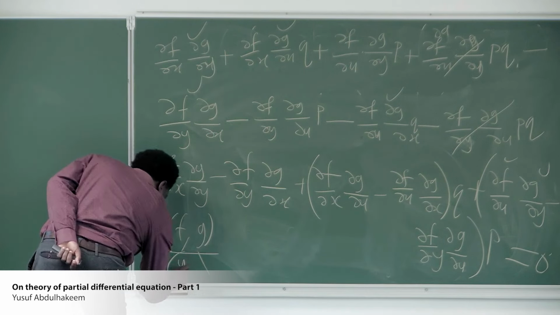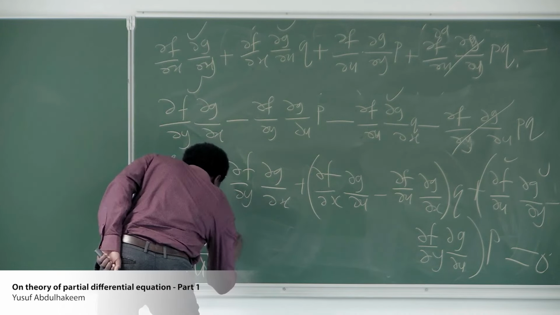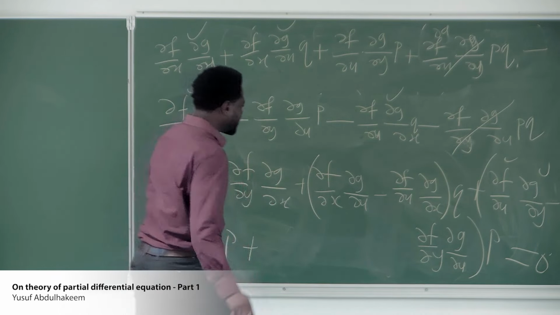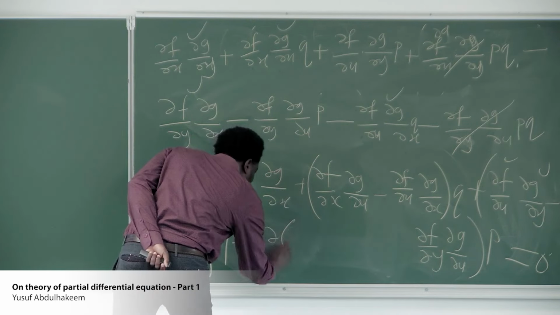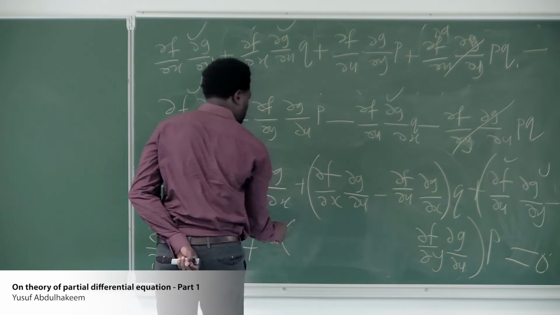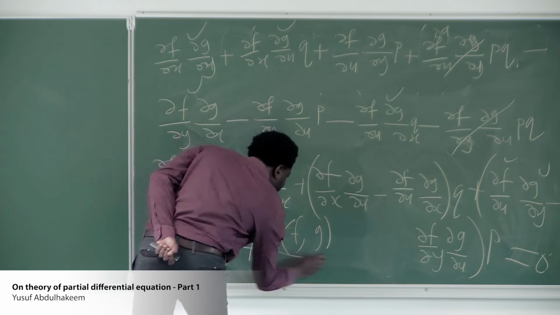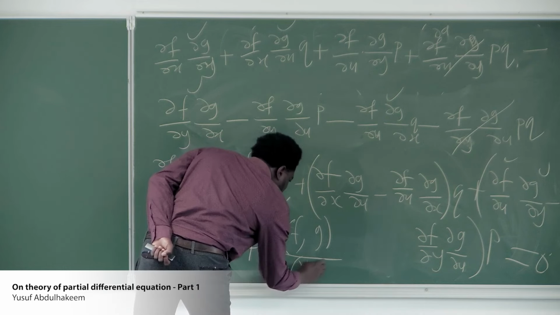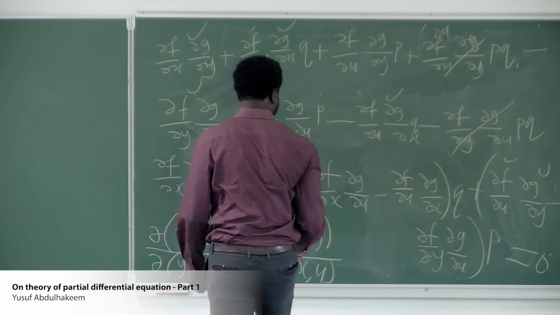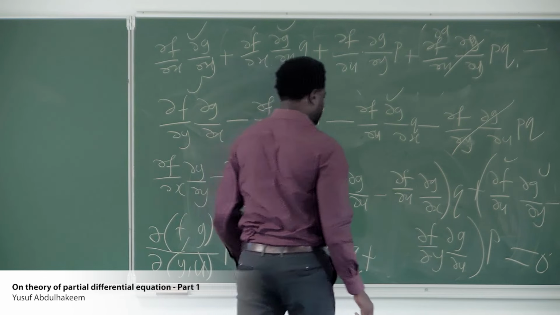Then we have p, then plus the next one, which is this. Here we also have f and g, so ∂(f,g)/∂(x,u). Then we have q, then plus this,